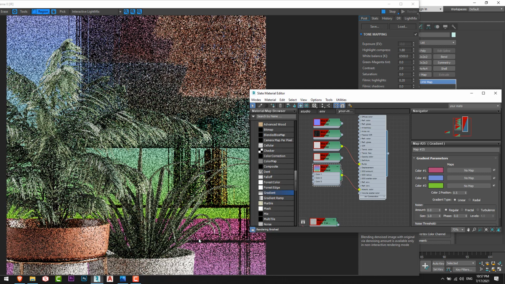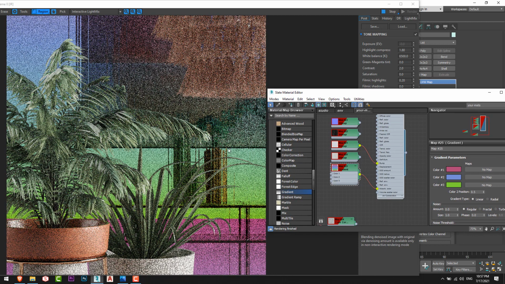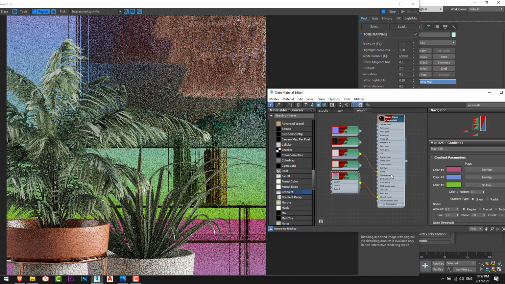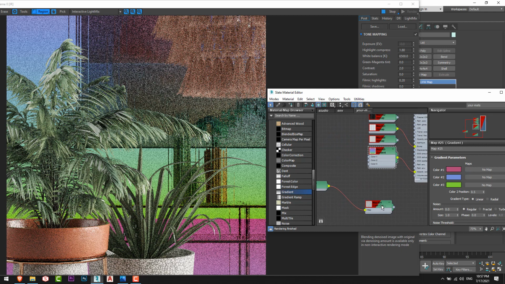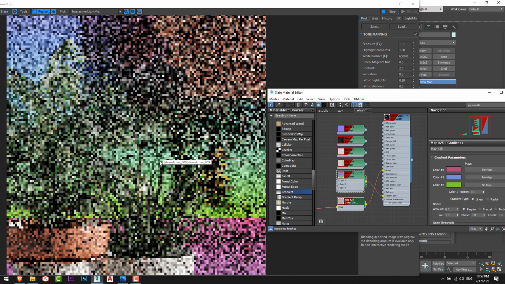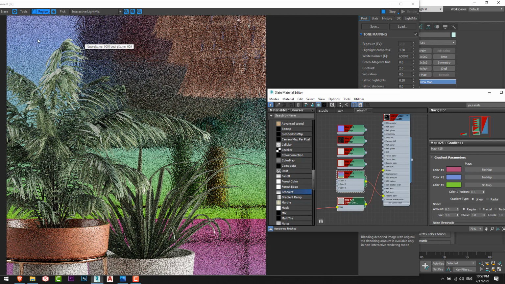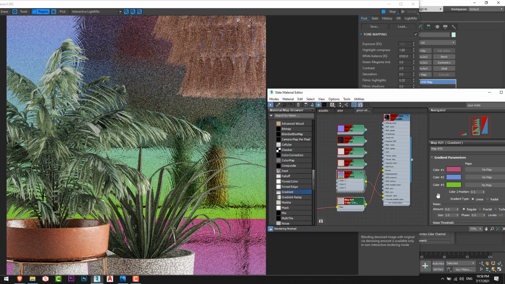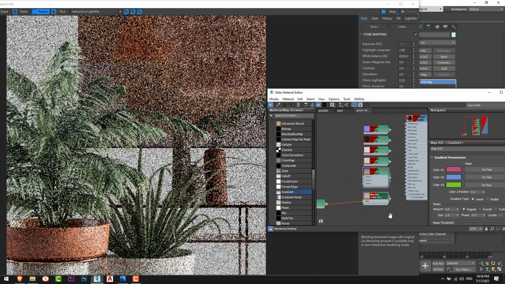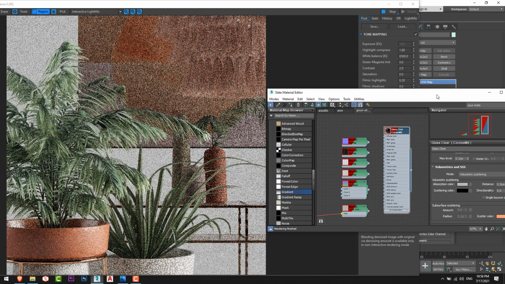So easily you can play with the color of your glass in this simple way, and we still can see the effect of the texture that we added to the bump. Let's relink this another time with the colored glass material. You can see the effect here on the bright side of the glass, and here, just like this. Okay, now I will unlink the textures that we added, and I'll reset the absorption amount to